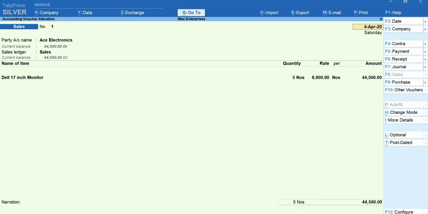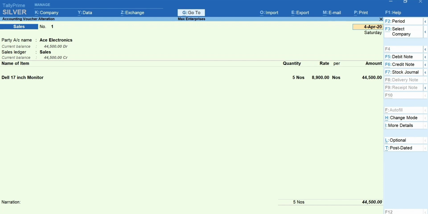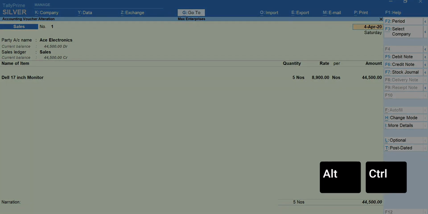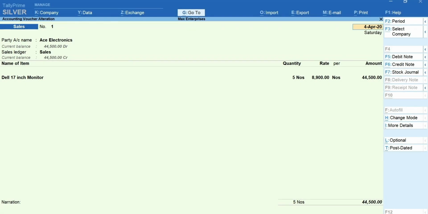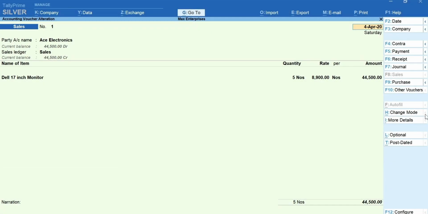Just like purchase and sales, there are other voucher types available in Tally Prime, helping you account different nature of business transactions. To toggle between different voucher types, use function keys shown in the side menu. Press Alt and Control key to see additional voucher types. To access these, use Alt or Control plus the key given next to the voucher type. Or you can simply press F10 for other vouchers. Type and select the voucher type that you want to use. In another way, you can click the arrow next to vouchers to see more vouchers related to it.